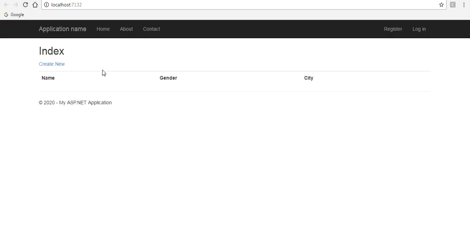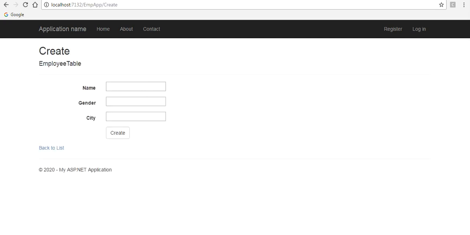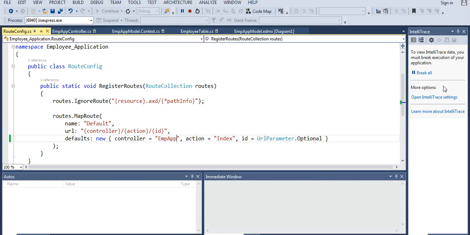As you can see, our list view got created, that is name, gender and city. When I click on create new, it will open create view from our view section.